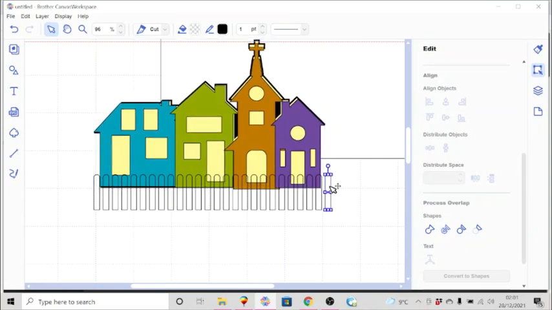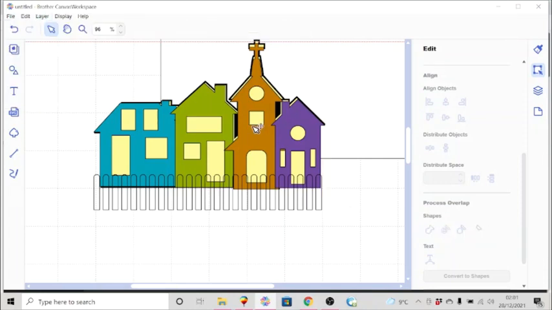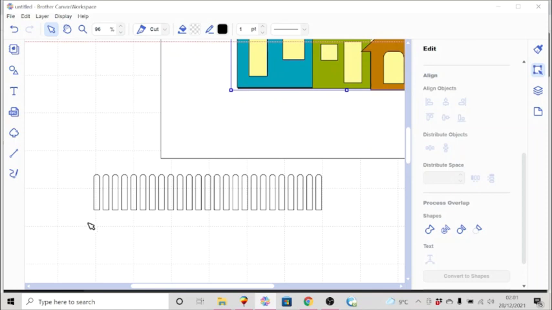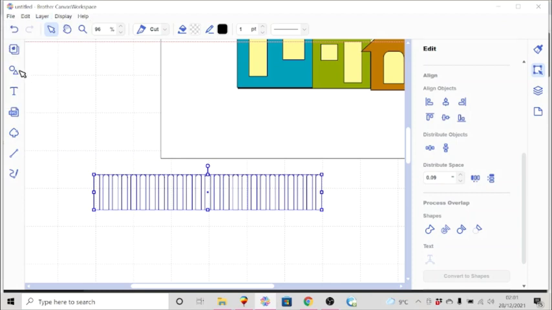Maybe even one of those, that would be fine. So now I'm going to group these. And then I'm going to take another